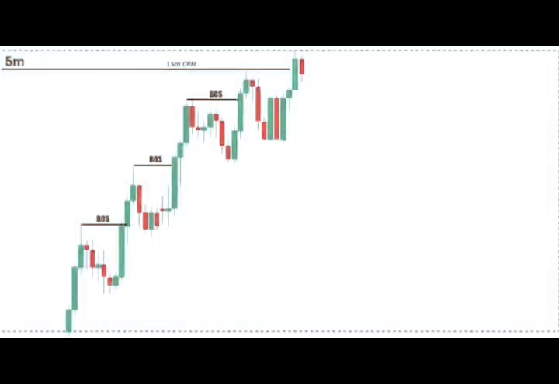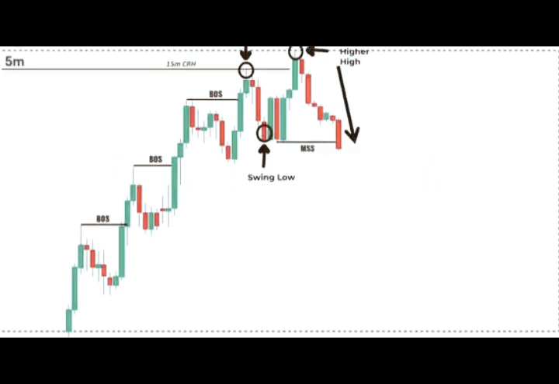However, if you choose the 5-minute chart as your entry time frame, then right after the liquidity sweep and manipulation, you should look for either a breaker block or a mitigation block. For a valid bearish breaker block, the price should first create a swing high, then a swing low, followed by a higher high. After that, we need to see an immediate bearish expansion that breaks the structure and confirms the